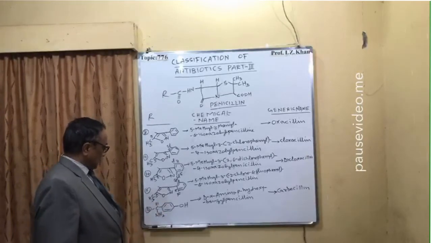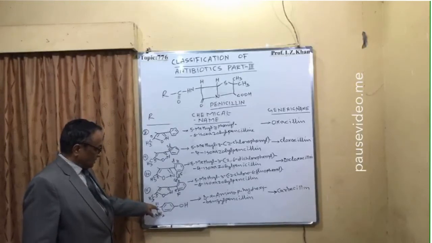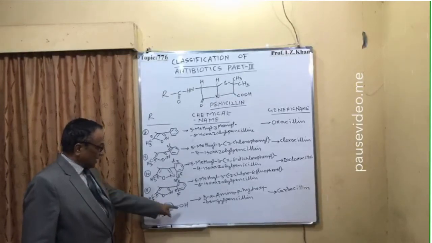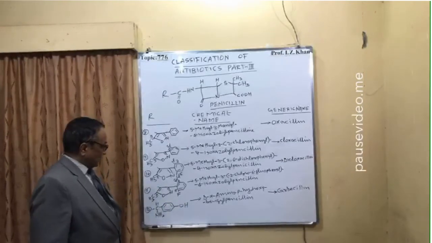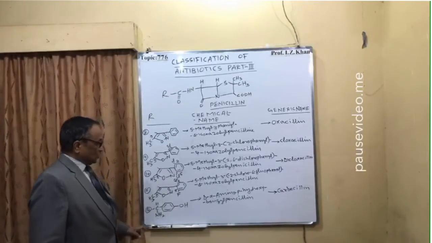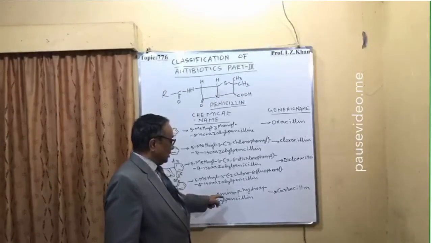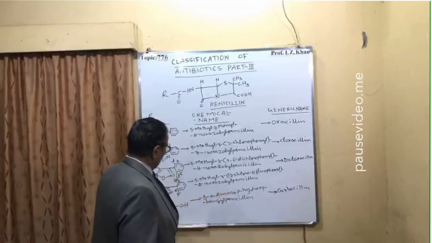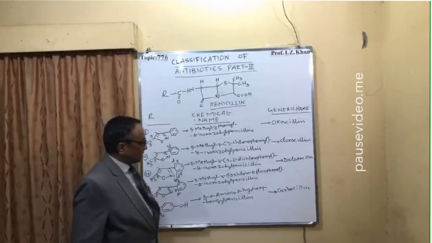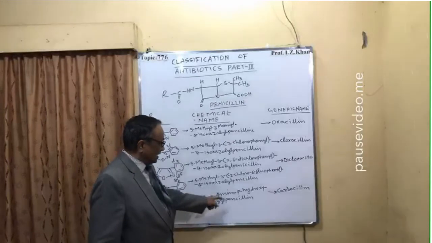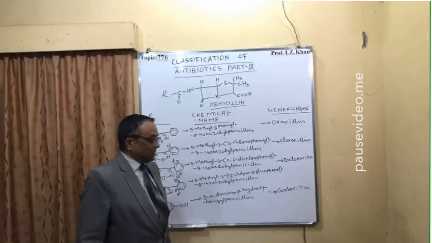And then number 12, where in the phenyl group you have only an amino group at this carbon position, and one phenyl group is there, and that is at the para position. So the chemical name is D-alpha-amino-para-hydroxy, because this is your para position. At para there is a hydroxy group, benzyl penicillin, and its name is carboxylene.